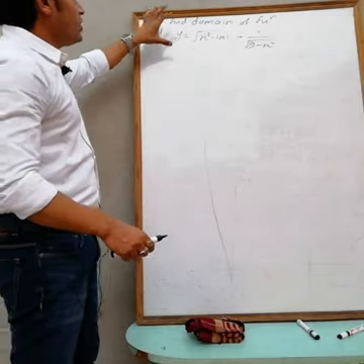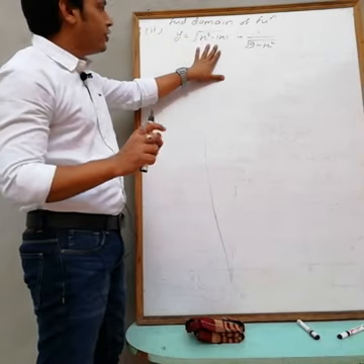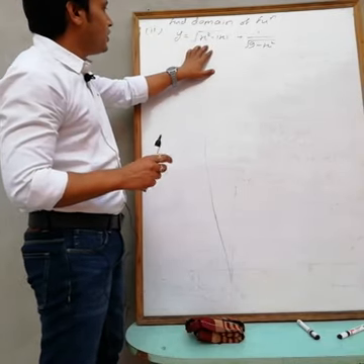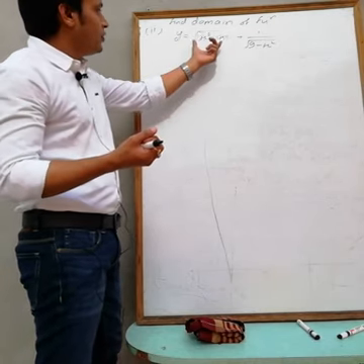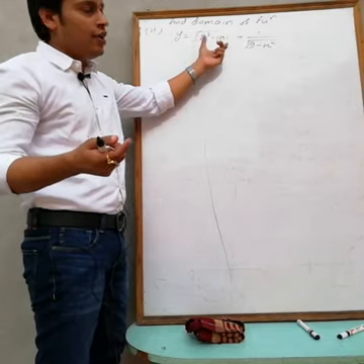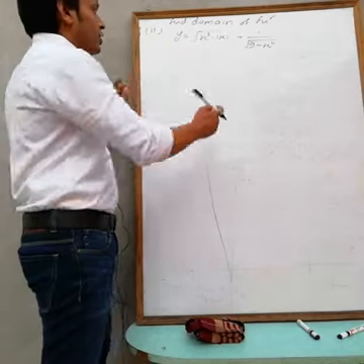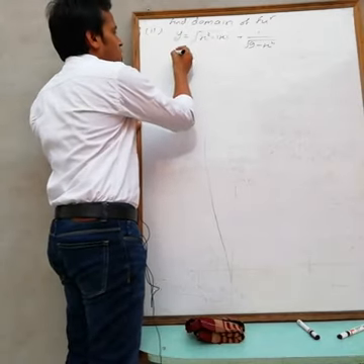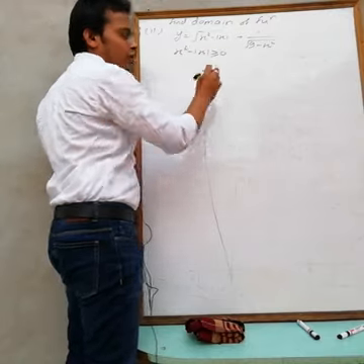Okay, now what is the condition? We want values of x such that this is defined, or becomes real. Here we have a root, and a root will be real if the expression inside is non-negative, because root is not defined for negative values. If it is negative, the root becomes imaginary, non-real. So the condition for this one is x square minus mod of x must be greater than or equal to 0.